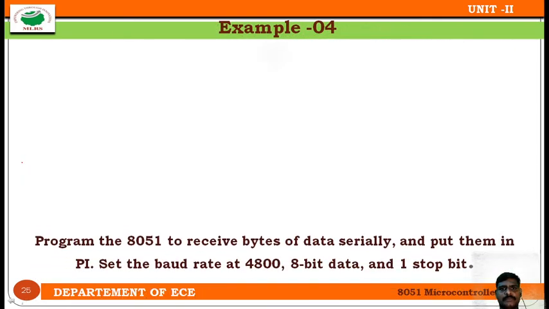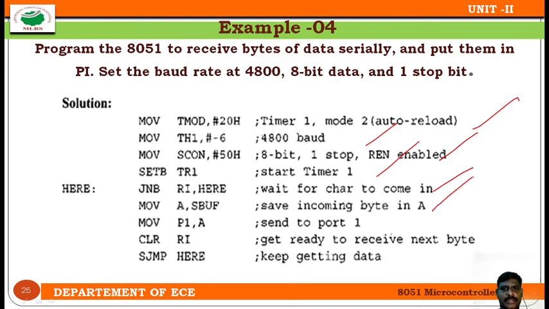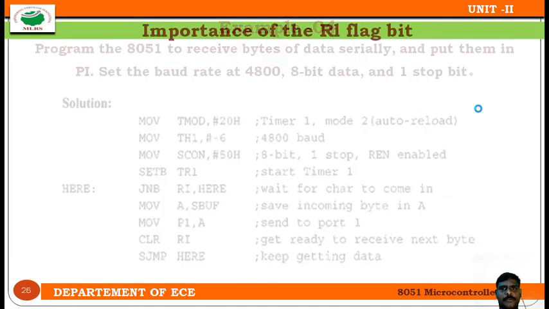So the programming, this is a program. We already know the steps: load the baud rate, the required SCON is loaded, the timer is set, monitor the RI flag to see whether it is enabled or not, and the character is stored in the buffer. Because I am writing a receiver program, once received it needs to be sent to the port, so send it to the port and clear the flag. Again I read another character. This way I am able to write a program.